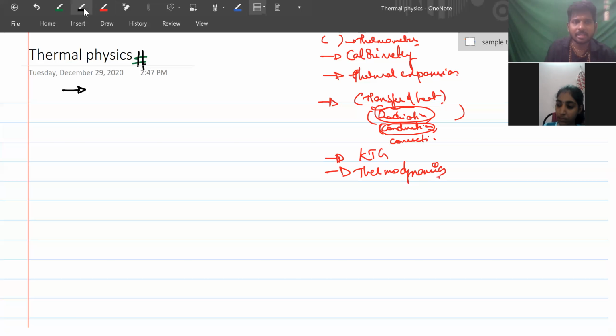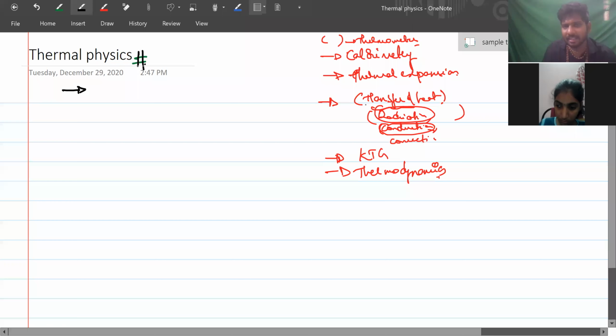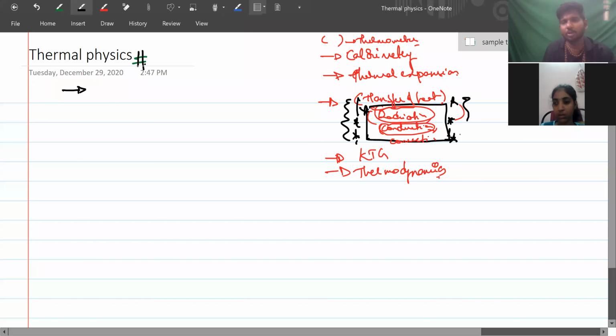But one thing is, at least for this year, in this pandemic year, for the CBSE syllabus, they deleted transfer of heat. I don't know whether it is deleted for Mains or not as of now. Generally, if CBSE deleted it, mostly it will be a relief for you, in the sense that you don't need to study all those things. But we will see if it is given in the syllabus. If they finally release it, then I'll try to teach you this also. Otherwise, at least for this year, I will not teach this.